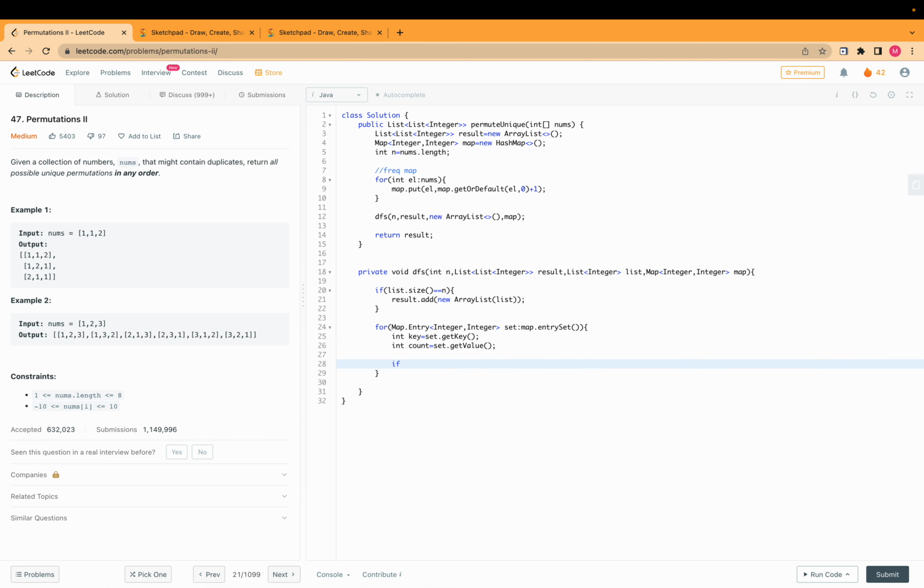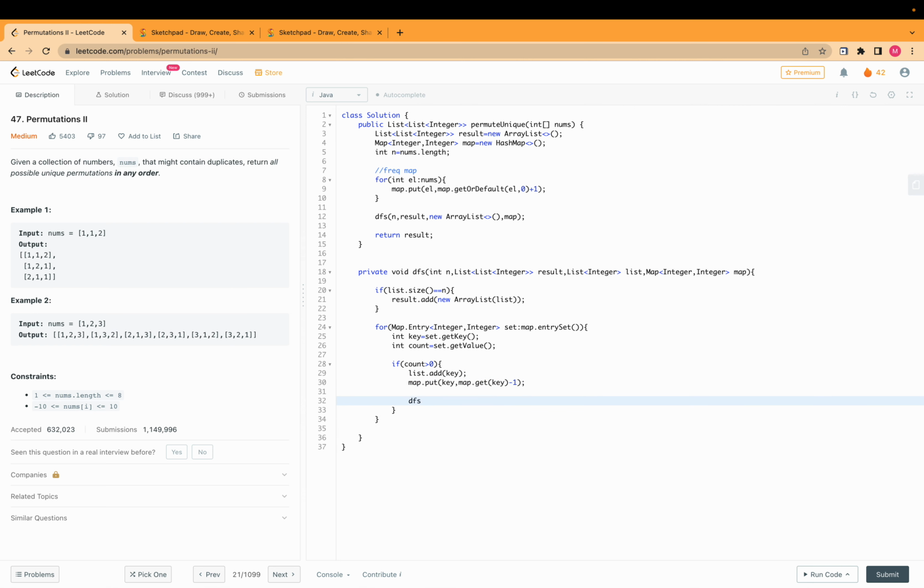So we will check if our count is greater than 0, then first thing we will do is add that key in our list, and we will map dot put key comma map dot get key, and we will reduce its count, minus 1,